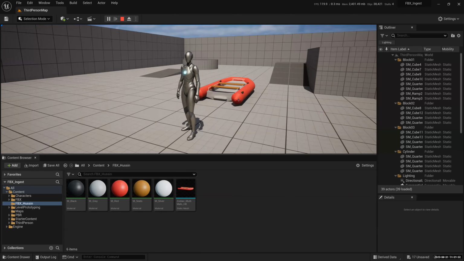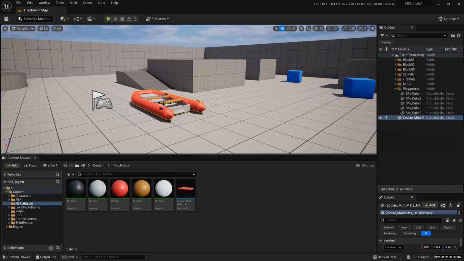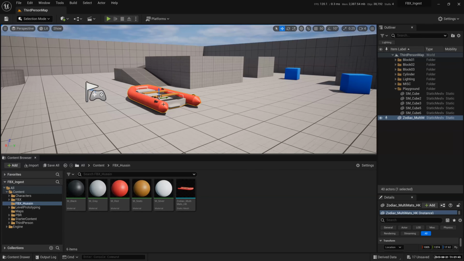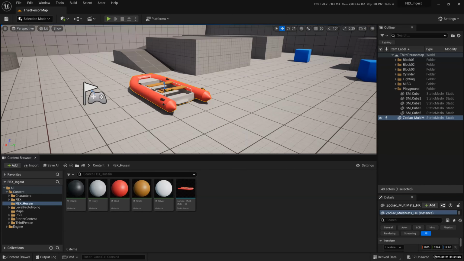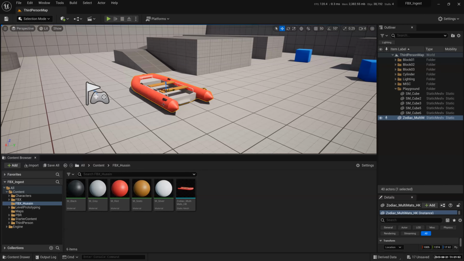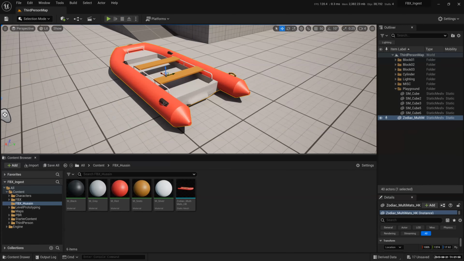So let's talk about collision. What is collision and how are we going to rectify collision issues? You all know why we need collision, right? In our game, we don't want the characters to run through walls. When they jump, they actually land on an actual object instead of just a pixel and fall through. This one already has collision on it, because remember when I was importing it, it asked, do you want to create the collision? I said yes, so Unreal Engine automatically created collision for me, which is kind of cool. You don't have to worry about creating collisions unless you're worried about running games on mobile. Then you have to worry about how intricate or complicated your collisions are.